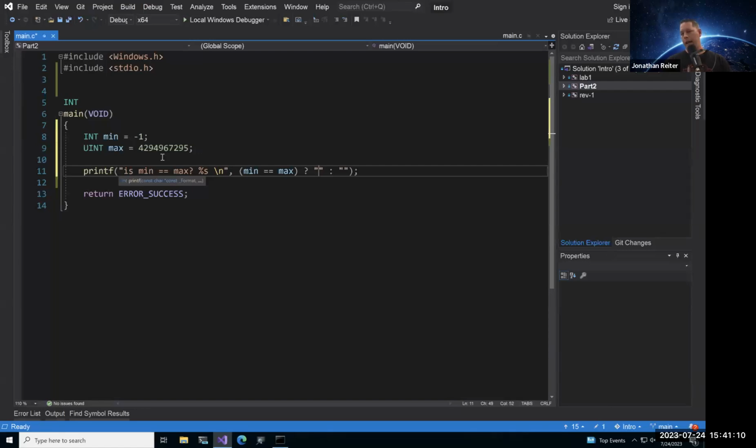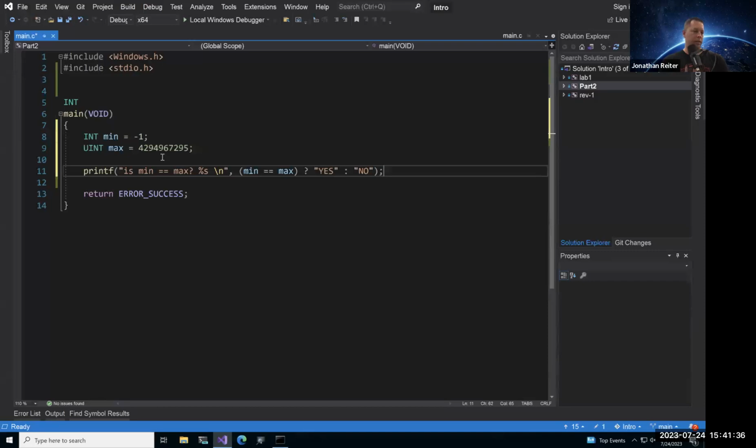So we say, hey, if the result of this condition or this check is true, then we'll just say yes, min is equal to max. Otherwise, that's false, and so we're just going to say no.